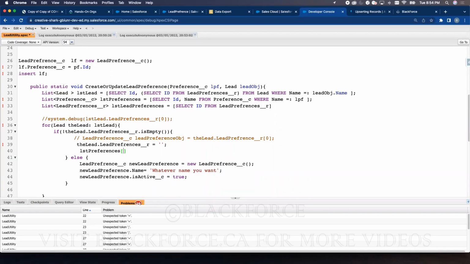Remember, we just need to get the first element of the preference because we put a where clause that is looking for the preference, okay? Is looking for the preference that is coming in. Then I grab the ID of that preference. But knowing that if I want to insert this, all I just need to do is grab this,